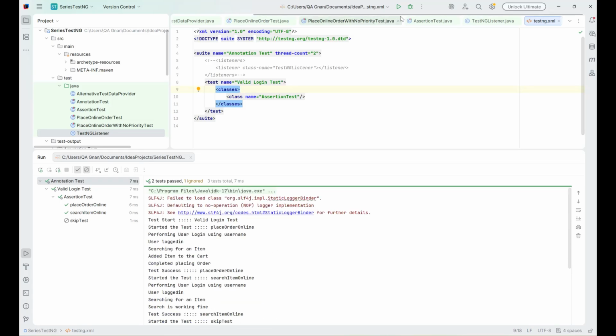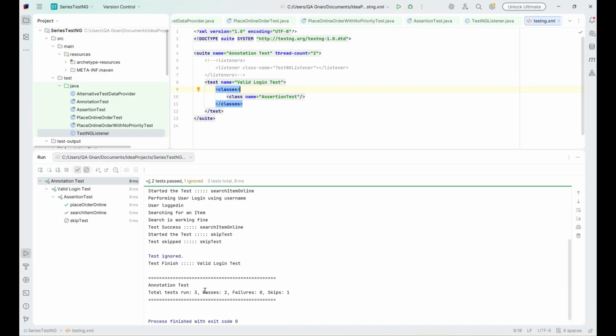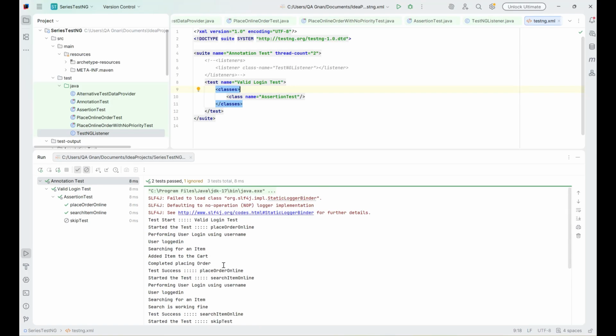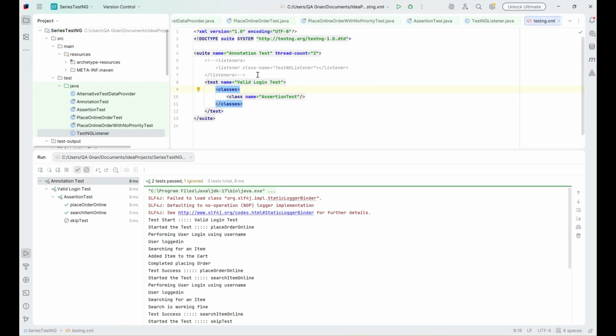We are expecting to see the same result now, and as you see we can still see the same information getting logged even if we specify the listeners at class level. Okay, so the best practice is always using listeners from testng.xml, or defining what to use at testng.xml